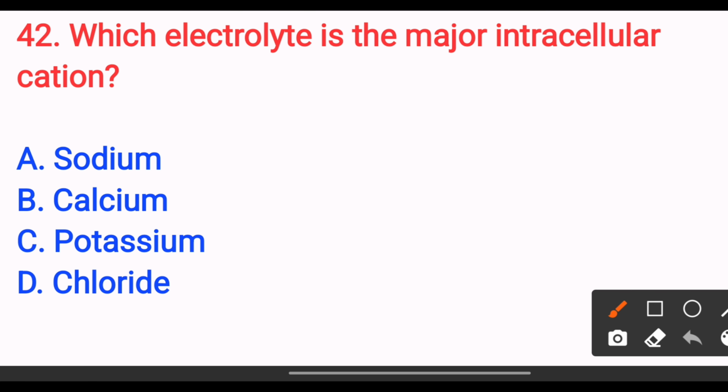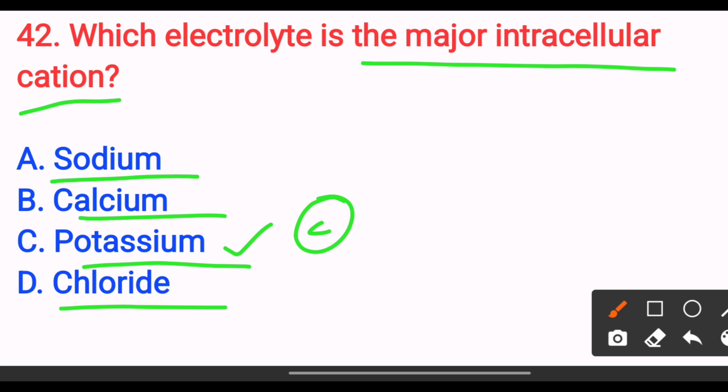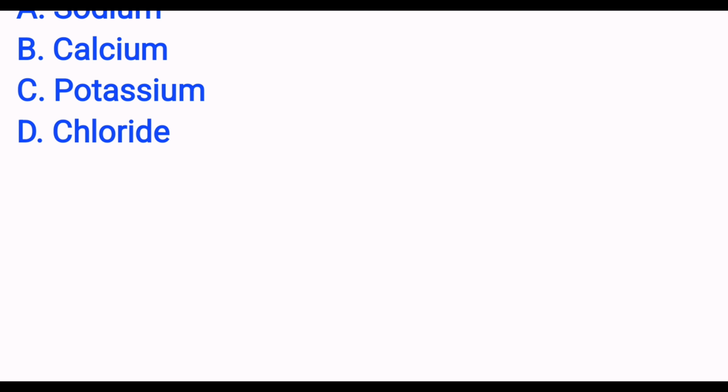Which electrolyte is the major intracellular cation? Option A sodium. Option B calcium. Option C potassium. Option D chloride. The answer is option C, potassium. Potassium is the chief intracellular cation, maintaining cell excitability and acid-base balance. Next,